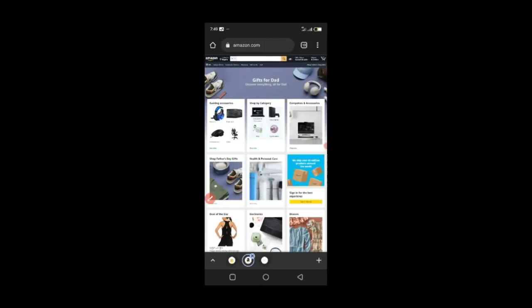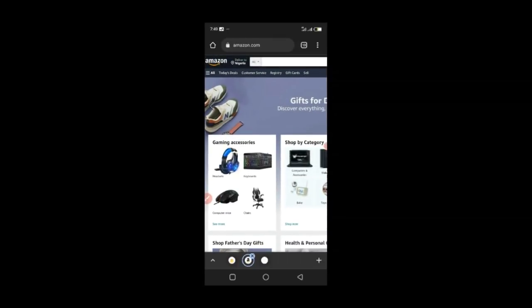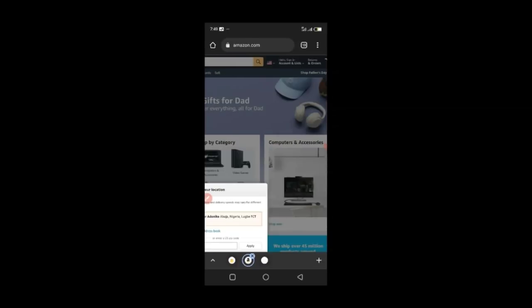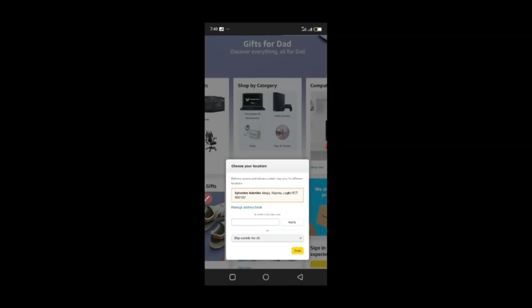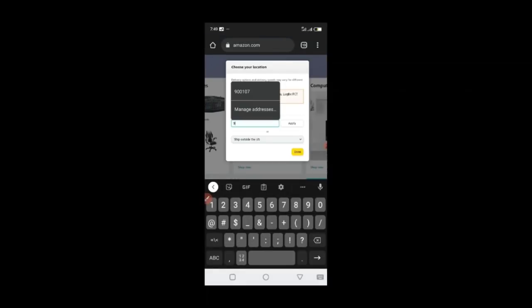So what I always advise people to do is, the market that we are always focusing on is the US market. So I'm going to come here where it says deliver to Nigeria, by the right side of Amazon. I'll click it, and when it loads, I'm currently in Abuja right now. That is why it's bringing this location. It is going to automatically detect your location, where you are right now. So I will enter